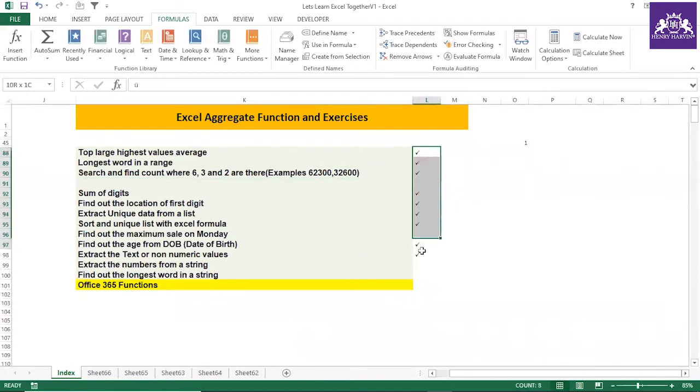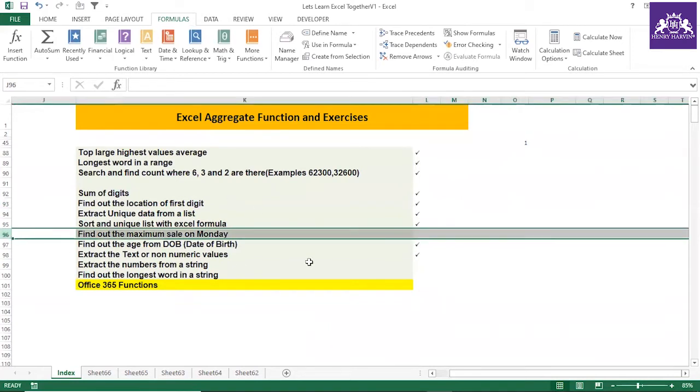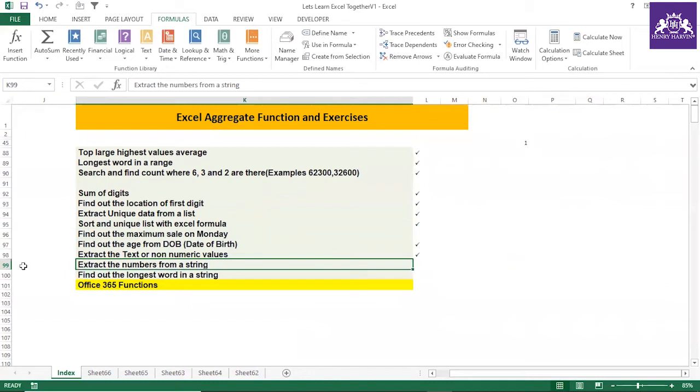Guys, these are the functions which we have designed to help you understand the basic concept of Excel. What we can explore in Excel is up to you. The more you practice, the better you will become, and the more perfection you will get in Excel formulas. It's all practice, guys. Now we are left with one formula: extract numbers from a